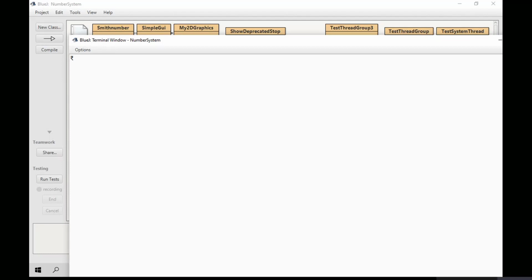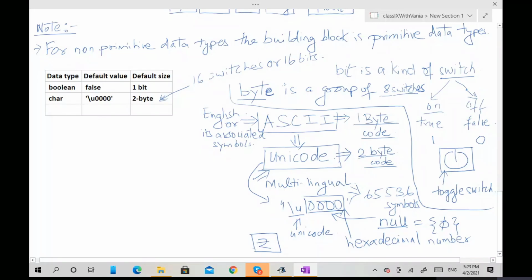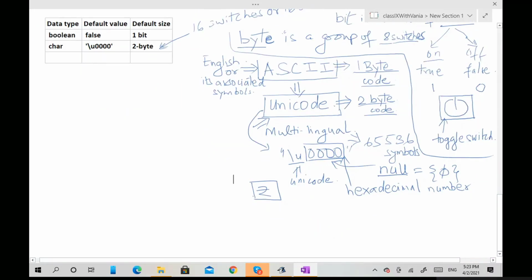So I'm closing this one. If we write System.out.println, there are many symbols in Unicode, and the rupee symbol is there also.